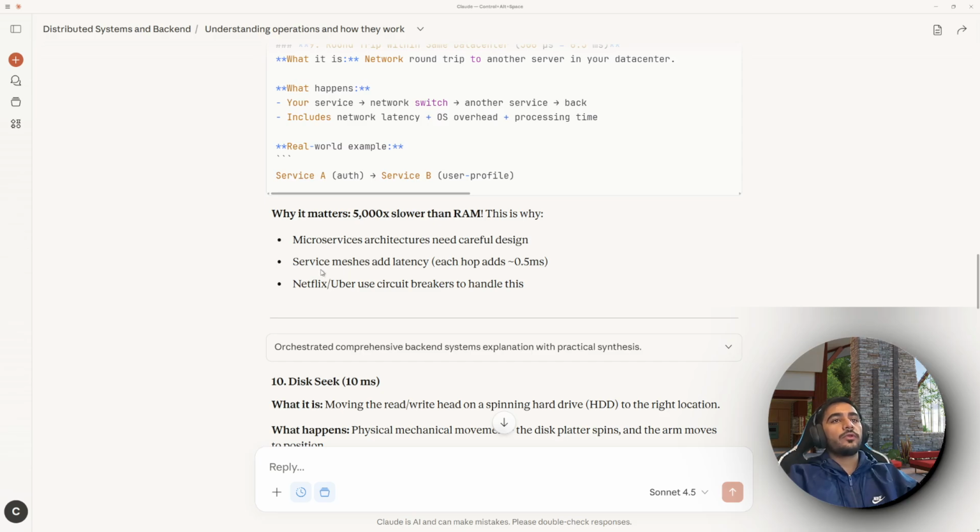Then Netflix and Uber use circuit breakers to handle this. Now the idea, I'll go over it briefly for now. Basically, the idea behind circuit breakers is that when a circuit is closed, data keeps flowing. But when there is a latency or a condition on which we break a circuit, the circuit becomes open. The circuit becomes open when there is high latency or when a call takes more than the time we have defined for a particular network or resource call.